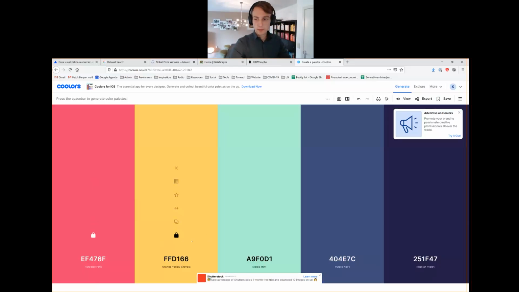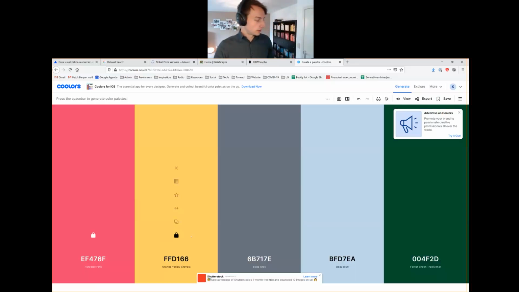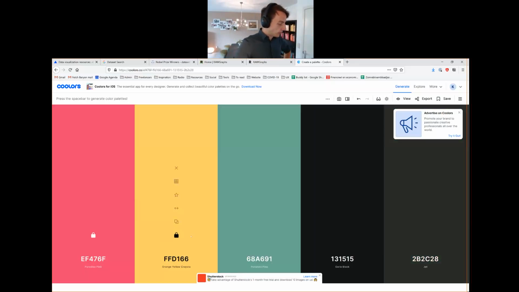start again, hitting the space bar, and Coolors will lock these first two colors that you have locked because you like them, and it will give you color scheme suggestions for the other colors. It will continue rotating. Or what you could also do is